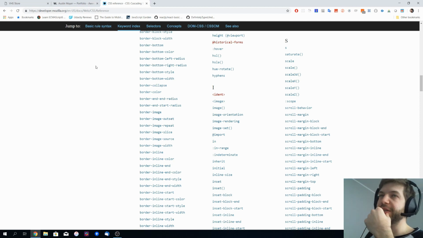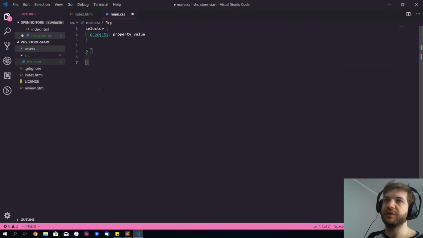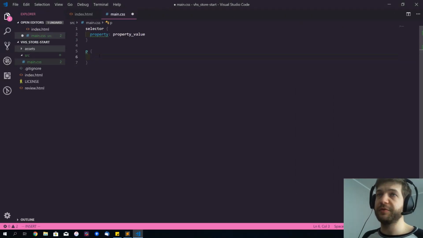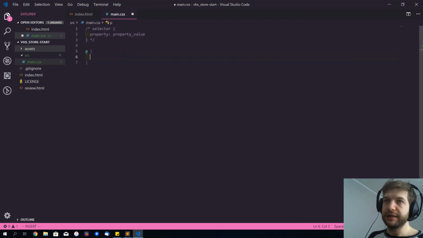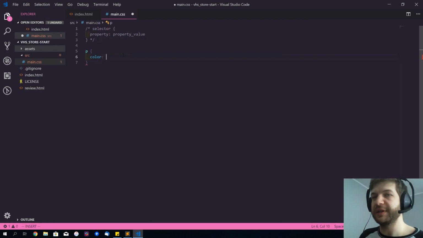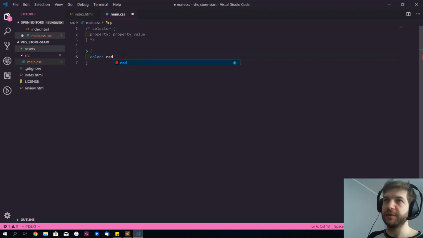I'm just looking through my notes. And I'll try to explain a little bit about each of those groups. I will leave out the layouts because we'll get there farther down the road. But starting with colors. Okay, let me just comment this. The most basic property is color, which is used to style the color of the text of a given element. So if I do color red,